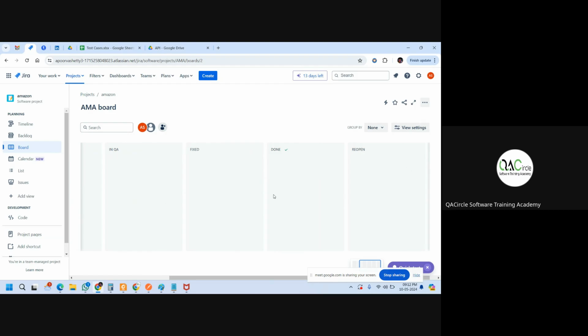And once after reopen, again, it can be moved to the new state, and the developer will fix it and give it to QA. QA will retest it, and he's going to say whether it is fixed or not. If it is fixed, he's going to change the status to fixed. Else, he's going to change it to reopen. So I have defined it like this, but in different organizations, the status can be given with